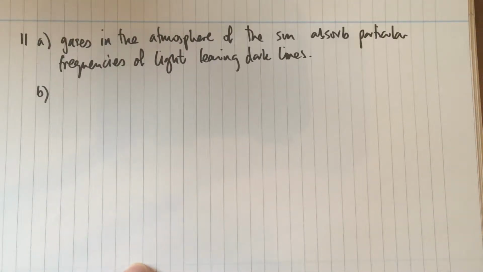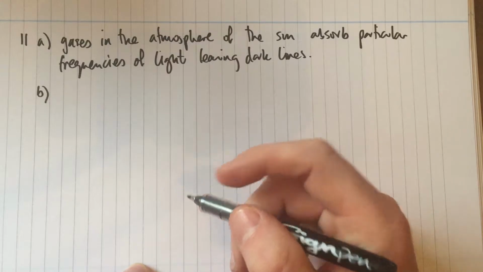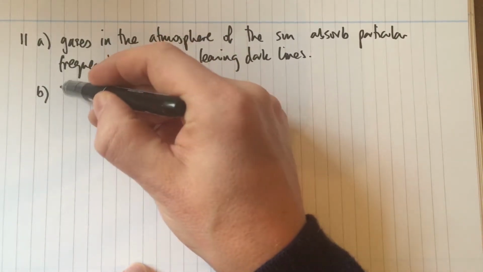Part B, one of the lines is due to hydrogen. The position of this hydrogen line in the visible spectrum is shown for a distant galaxy. Explain why the position of the line is different in each of the spectra. So you've got a distant galaxy, a nearby galaxy, and the sun, and if you notice, the further away the